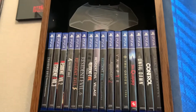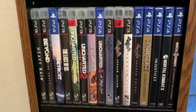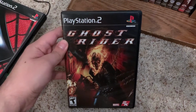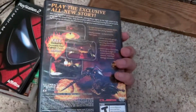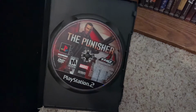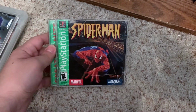Going to video game collection, we have this little light as BVS. It's not lit up at the moment, but have some Marvel and DC games, so let's take a look. So here is Watchmen: The End Is Nigh, again as I showed you earlier. Then for PS2 we have Ghost Rider, very underrated God of War type of video game with the Spirit of Vengeance. We have Punisher here. It didn't come with a case, but it's the video game, very underrated Marvel game with Thomas Jane back as the Punisher. Then we have Spider-Man on PS2, the original Spider-Man on the PS1,